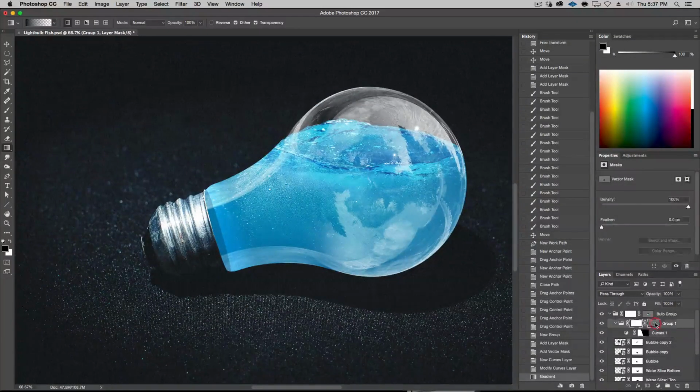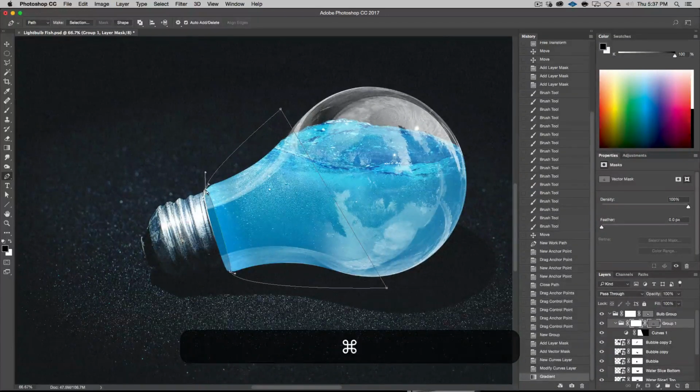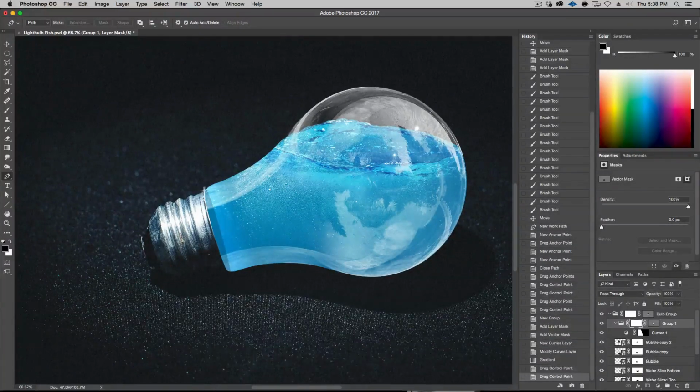And I can always come back in here and say, well, P for pen tool, this little thing, maybe it's a little too, let's make it a little thinner. That's the nice thing about these vector masks is you can always come back and edit them, and they're really nice. All right. Okay, so I'm imagining this is the back side. We're still going to add some more shading that'll help convince that, but for now, pretty happy with that.